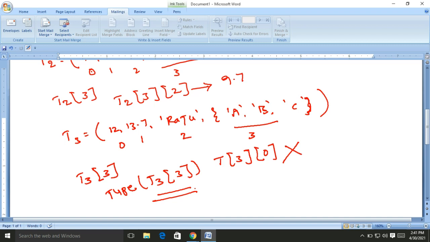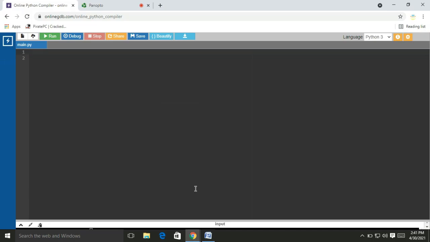Okay, friends, to explain these things practically, I will go straight to the Python online interpreter. Here I create T1 as 12, comma, ABC, comma, 13.4, comma, 56. This is the first tuple within the tuple, identified by 0.